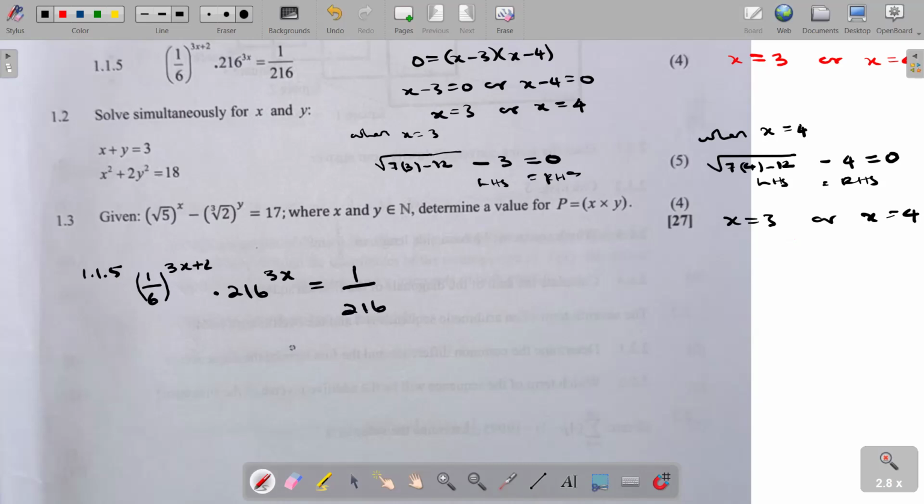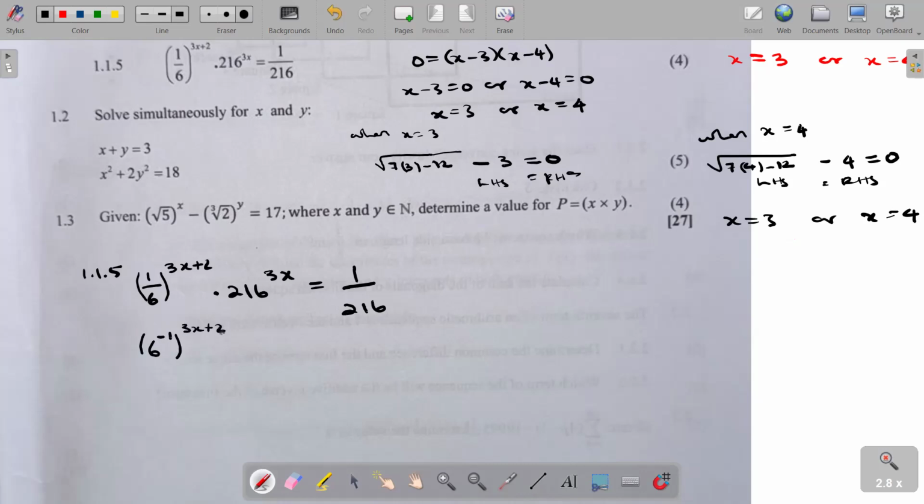So to solve this equation, they want you to solve for x. Express everything. As we can see, all these things can be expressed as exponents with 6 as base. This 1 over 6 can be written as 6 to the power negative 1, then to the power